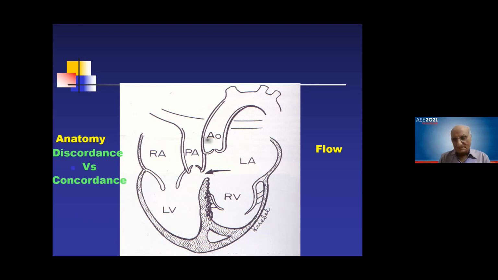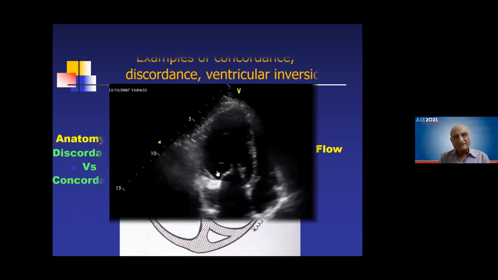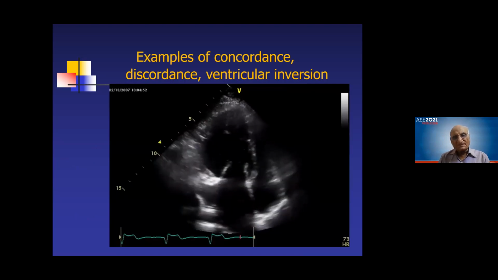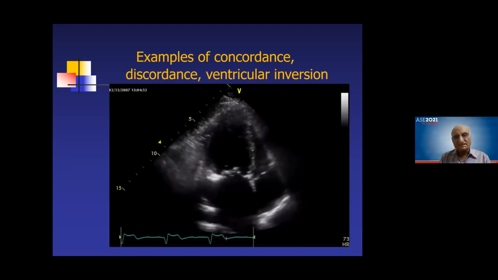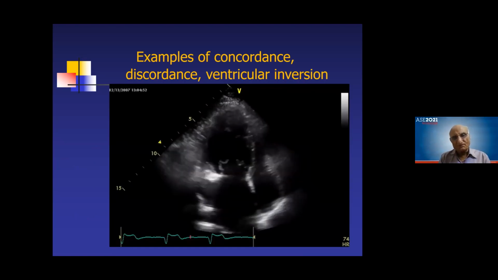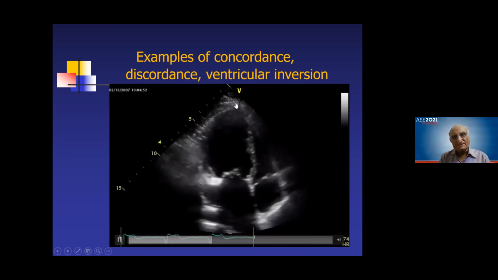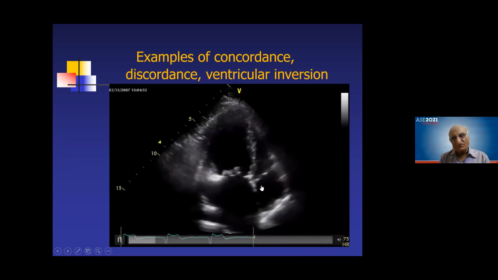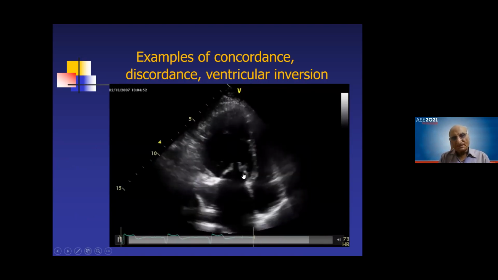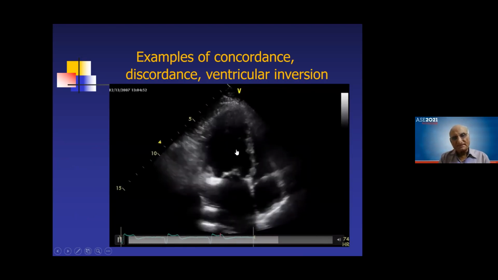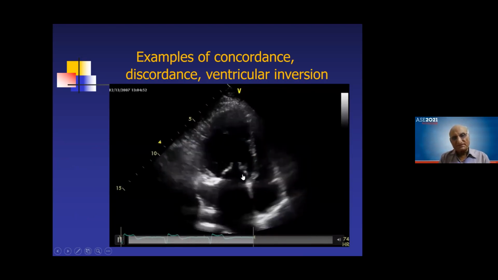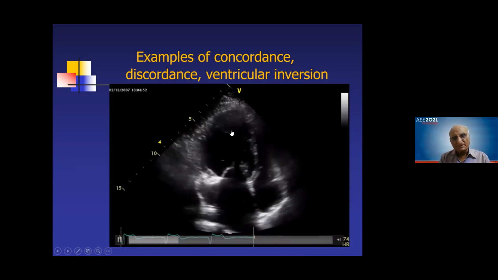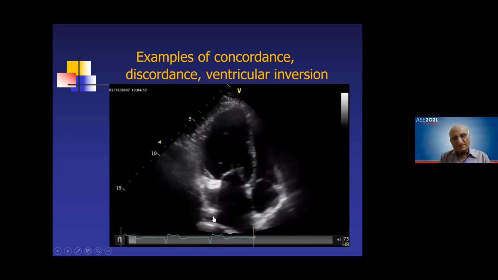Now you see this patient. I always tell you, forget whether I keep my LV on the left side or the right side; always see the valve which is attached more toward the apical side. So you see this is one valve, and this is one valve, and this one is attached to the apical side. So this has to be the tricuspid valve, and the tricuspid valve is always attached to the right ventricle.